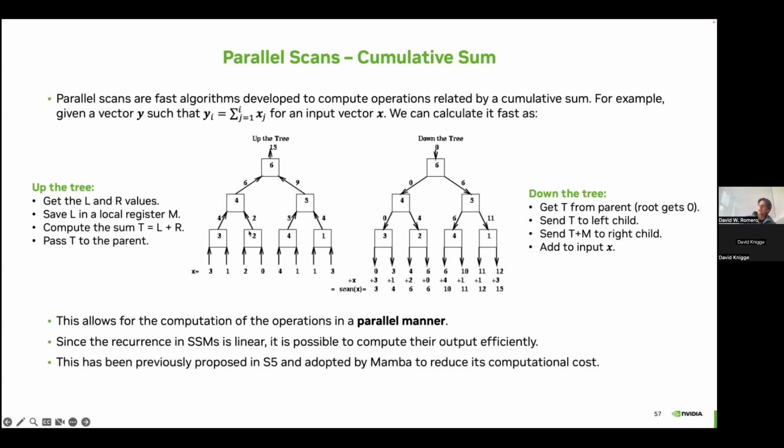But if we use parallel scans, we can do this in log L time instead of L. The idea here is that you have two parts. You have the up-the-tree part, in which you construct a tree, and then you start working locally. Just as in everything in computer science, you start dividing everything by 2, just trying to make things faster. And so you have the left and right values of each of the two things that you have here